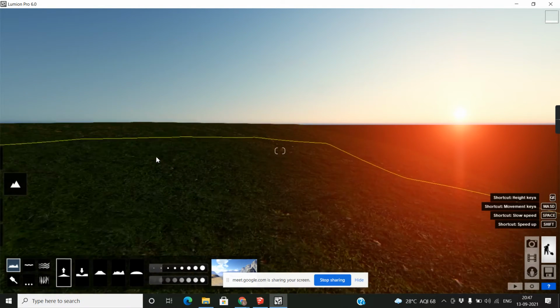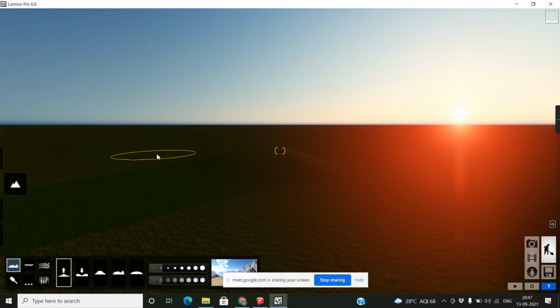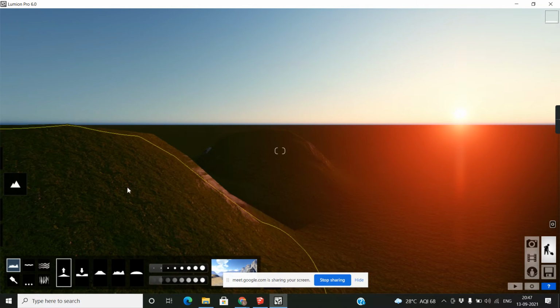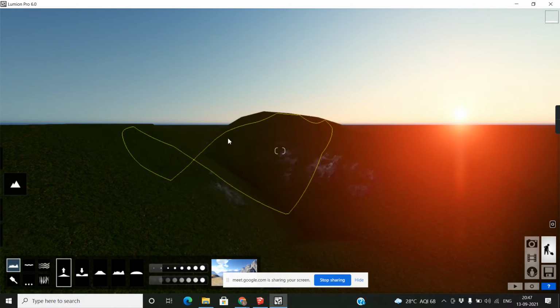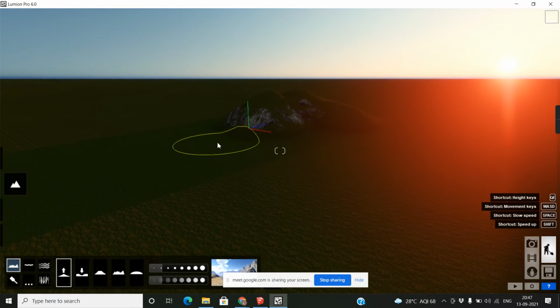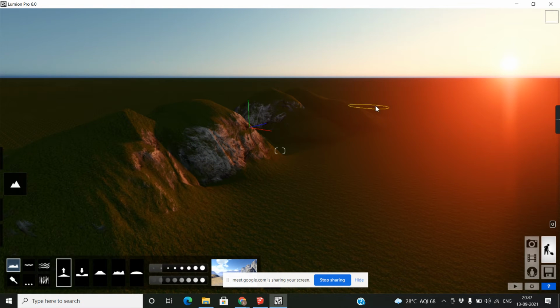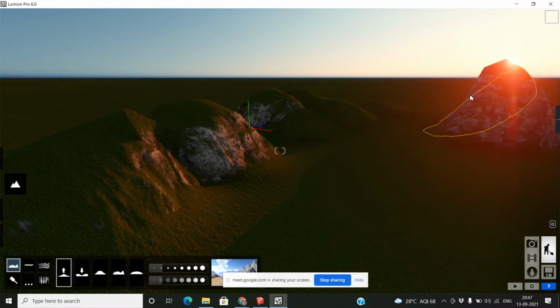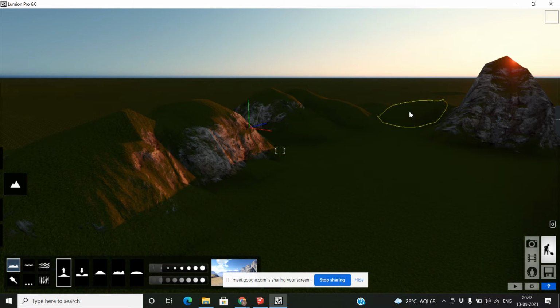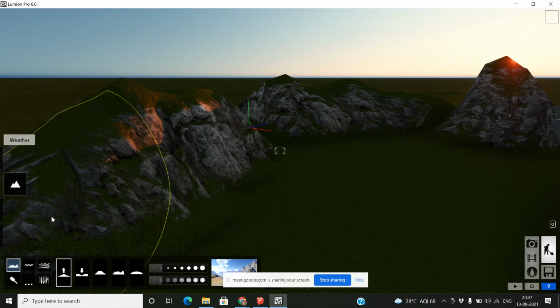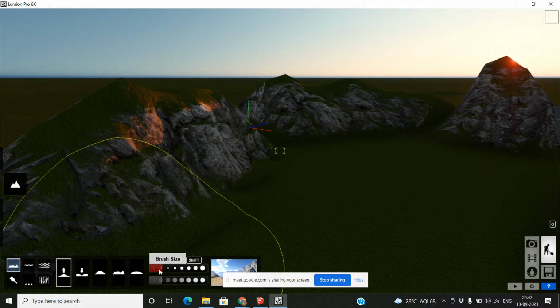If I click, click and drag, click and drag. Right? And this is brush size.